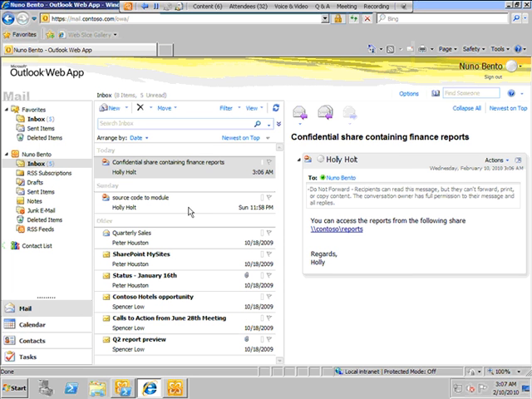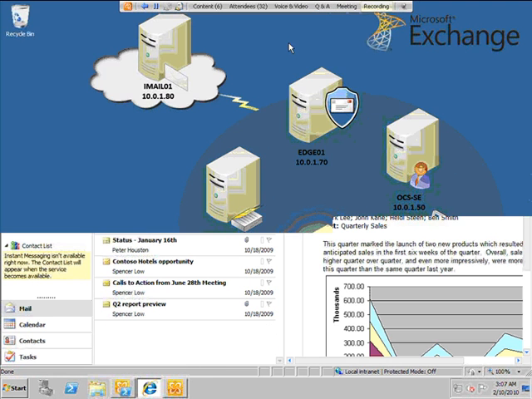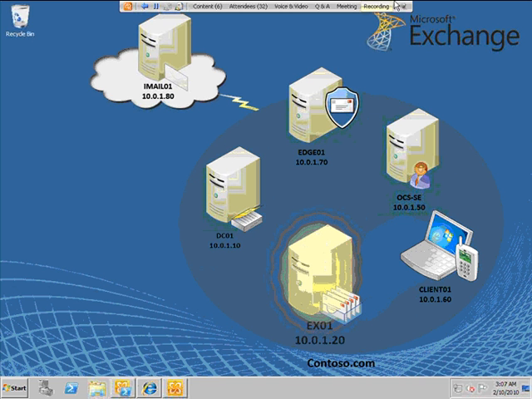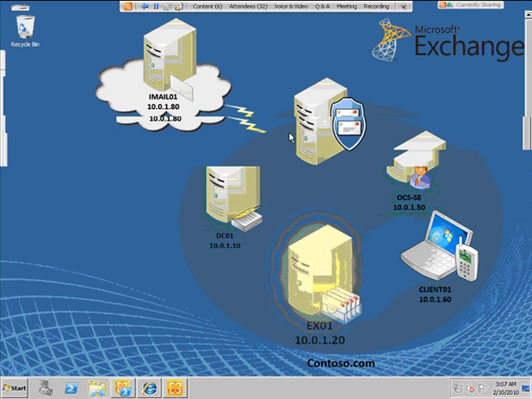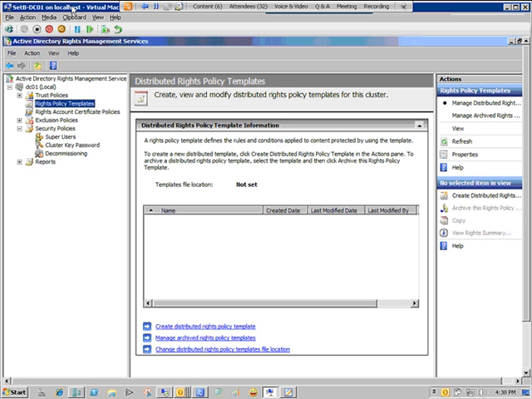So I don't have to do any extra effort for accessing this mail. I don't have to install any rights protection information. So let me just delete this particular mail meanwhile, that we just sent some time back. Now the next thing is, let us go back to our Active Directory RMS server and let's create some customizable